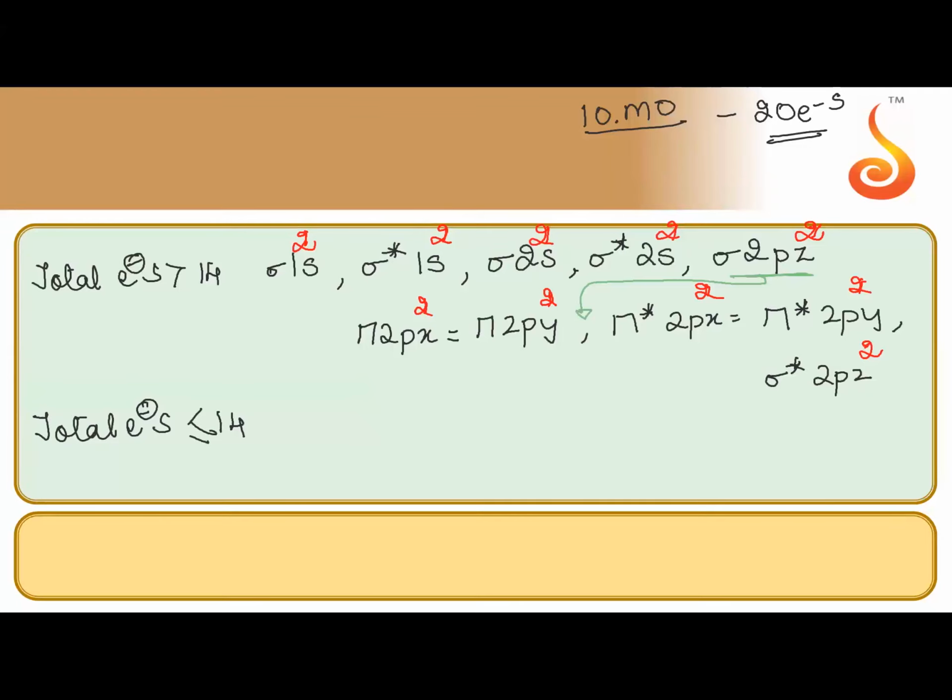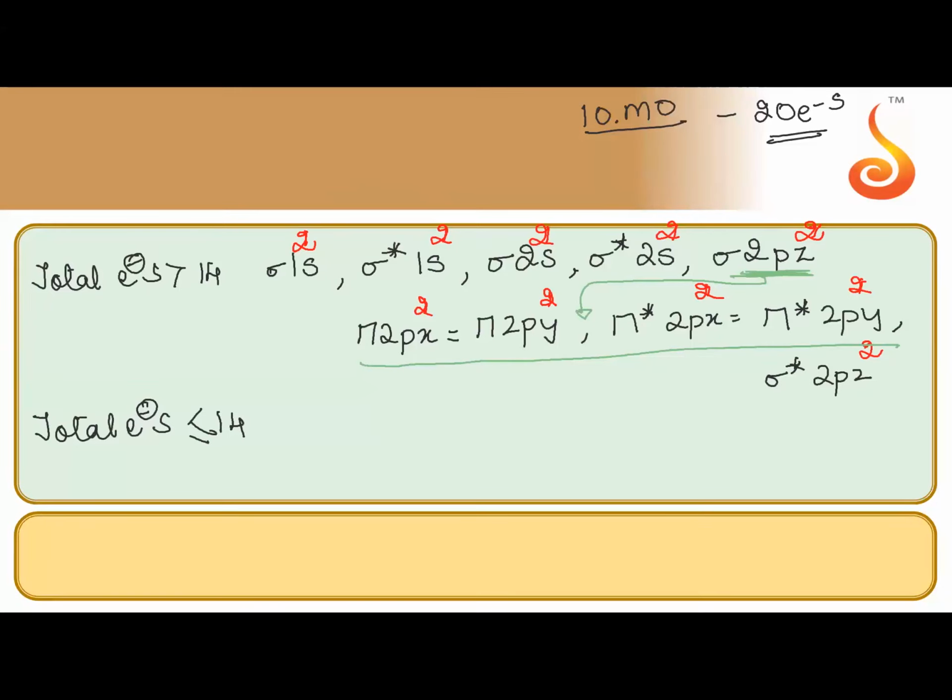So how you can remember and not forget this is that for oxygen and all, the 4 pi come together. Maybe you can remember like that. For 16 and all, pi should come like this together: 2 pi bonding, 2 pi antibonding. So where do you put sigma? You put it first only.